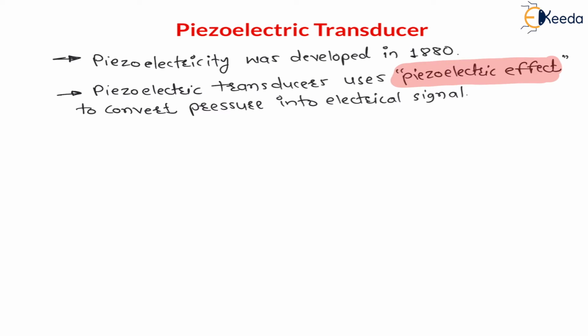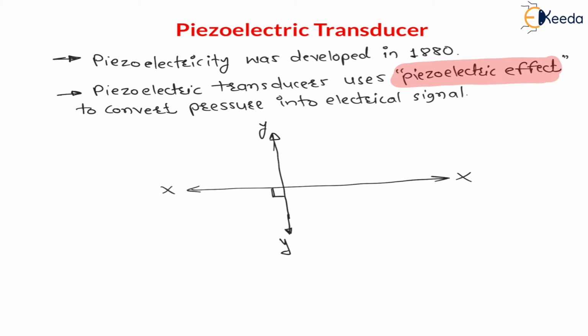So my dear students, here we have to understand what exactly piezoelectric effect means. Now to understand this, let us say we have axes. Let us say this is the y-axis, the vertical axis, and here the horizontal axis is the x-axis. These are the two different axes, and definitely the angle between the x-axis and y-axis is always 90 degrees, right?